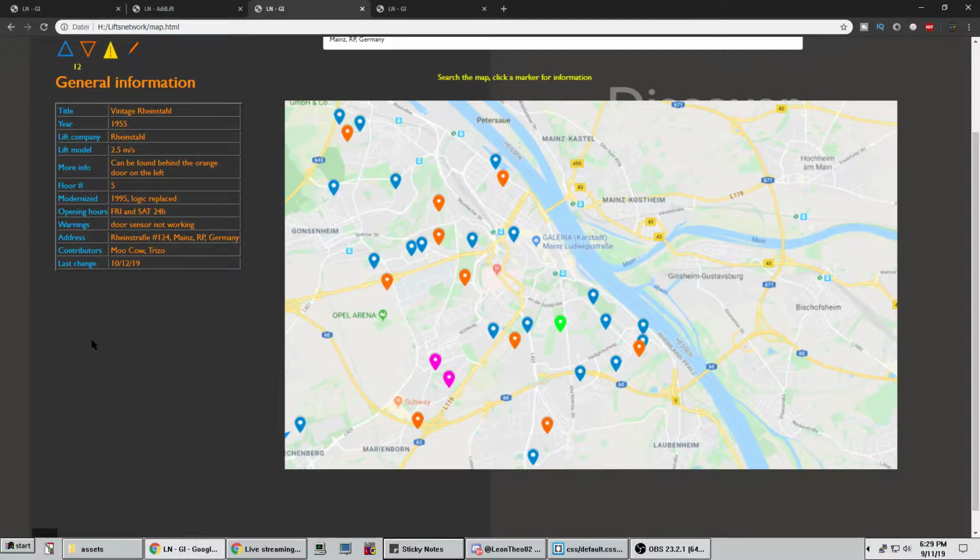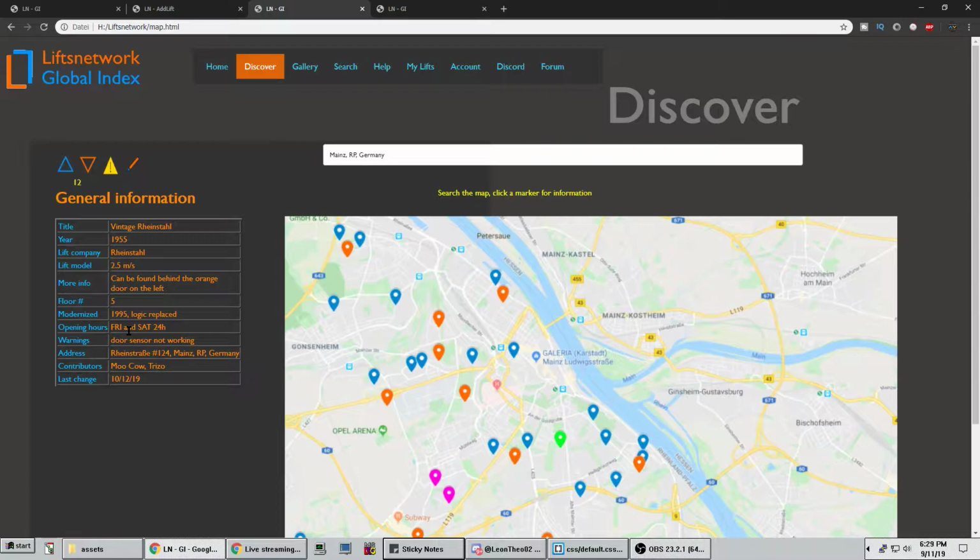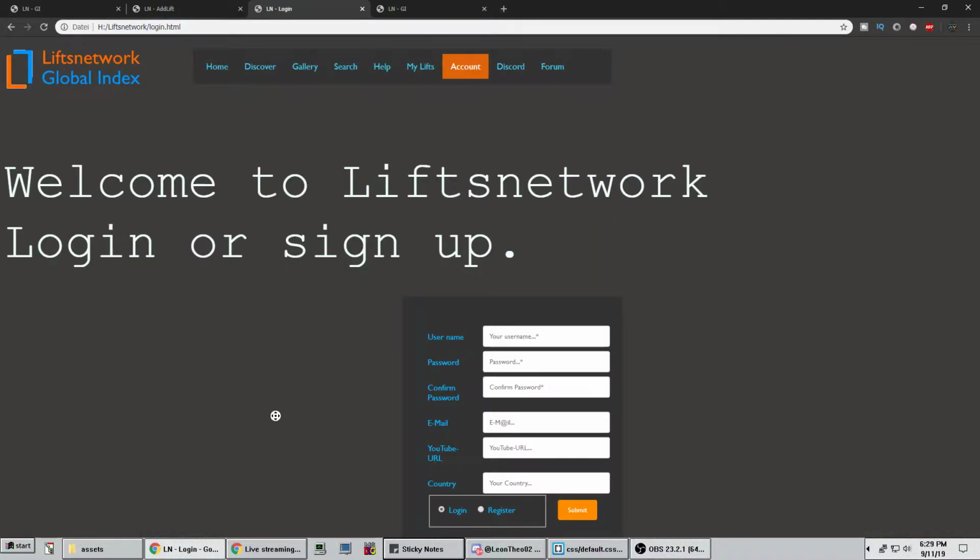So we also will have some kind of security mechanisms in here. So if you create an account, let me just go right here. Yeah, that is not on my version, that's on Leon and Thea's version. I don't have this fancy version yet, where it switches around depending on which one you selected. But if you're going to put your email in there and your YouTube URL, YouTube is actually a required URL, so that we can verify that you're not a lift engineer just looking out for lifts